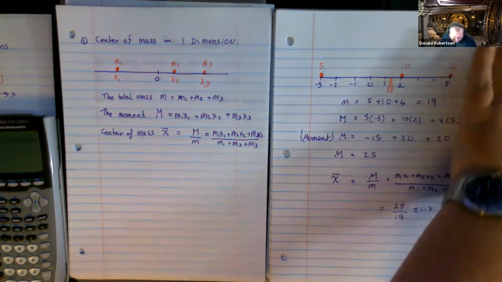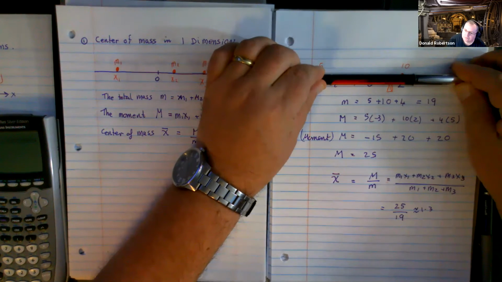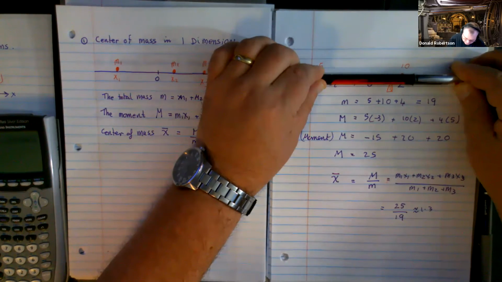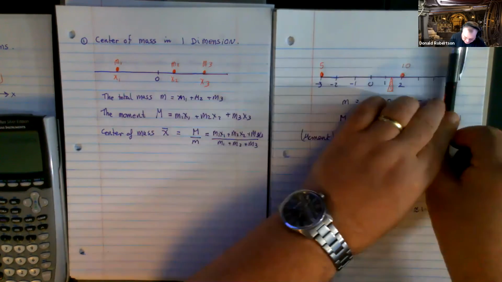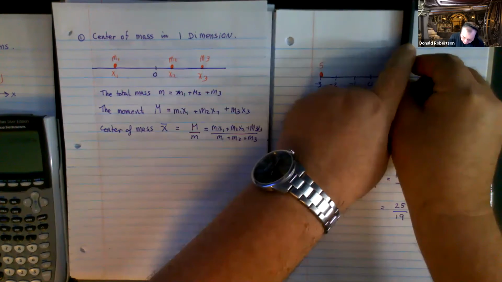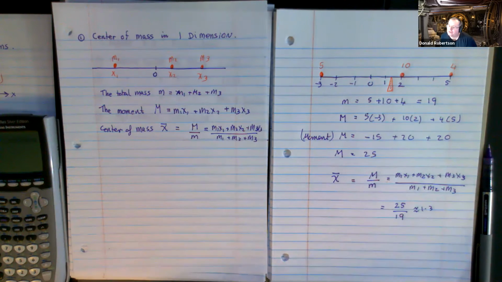And if you look at it, again, that doesn't seem that unreasonable. Do you agree? Seems so. Why would that be useful? Can you imagine that this is something that you want to support, right? So it's a steel girder, and on this steel girder there's pillars, right? And over here the pillar weighs 5 tons, and here it's a big long pillar and it weighs 10, and over here it's 4. So it's part of a bridge. Wouldn't it be helpful to know where was the best place to put a support girder? You see, it would go there.